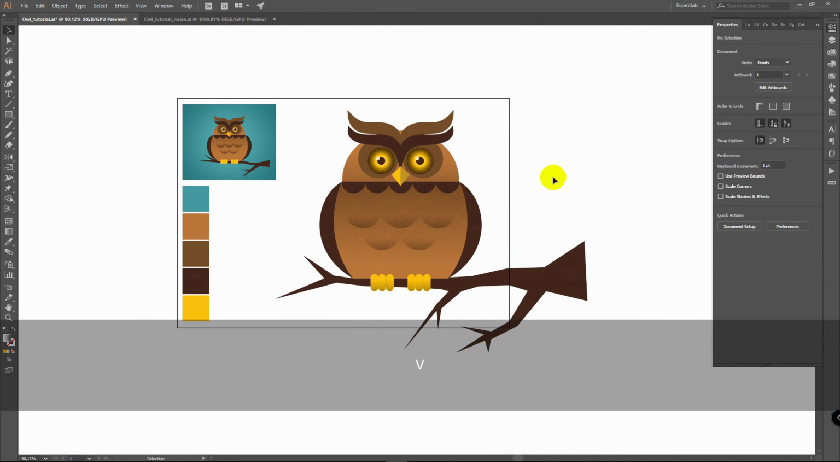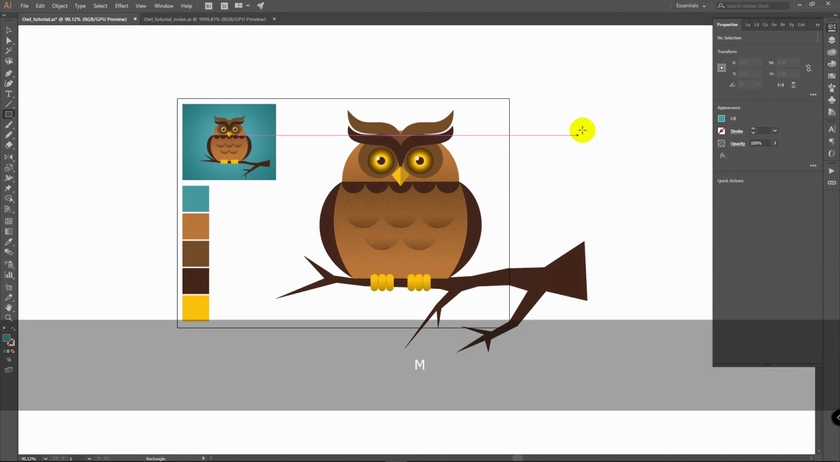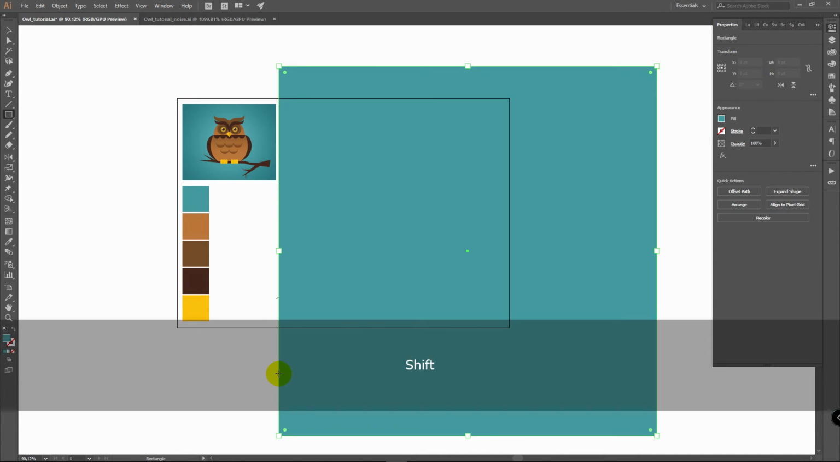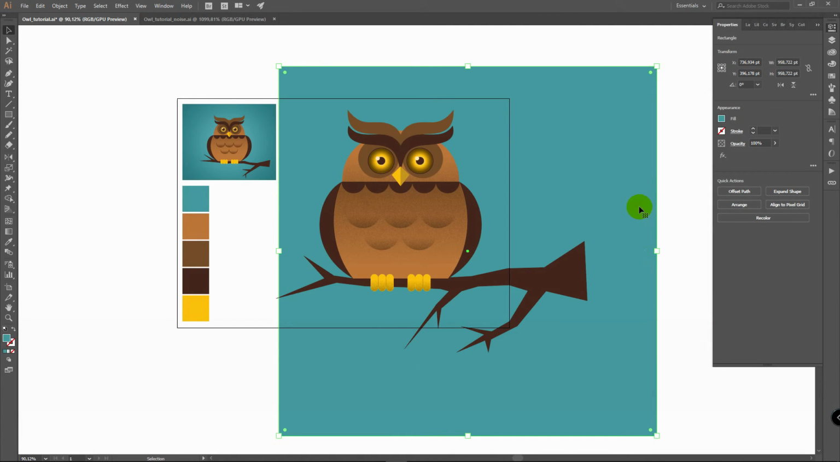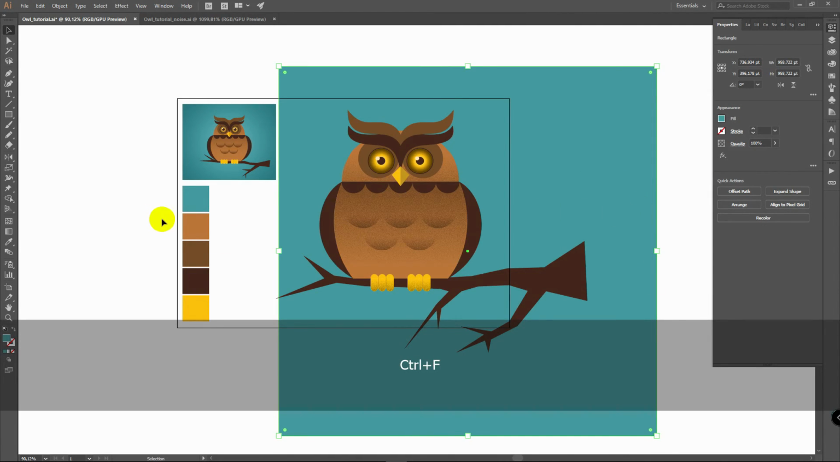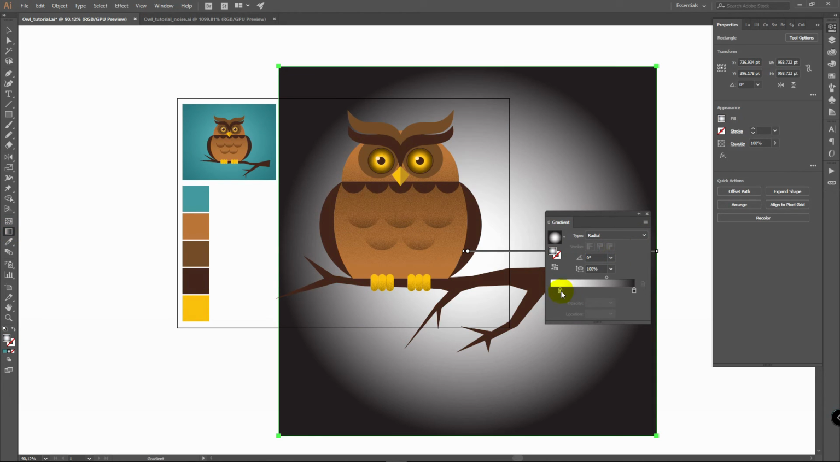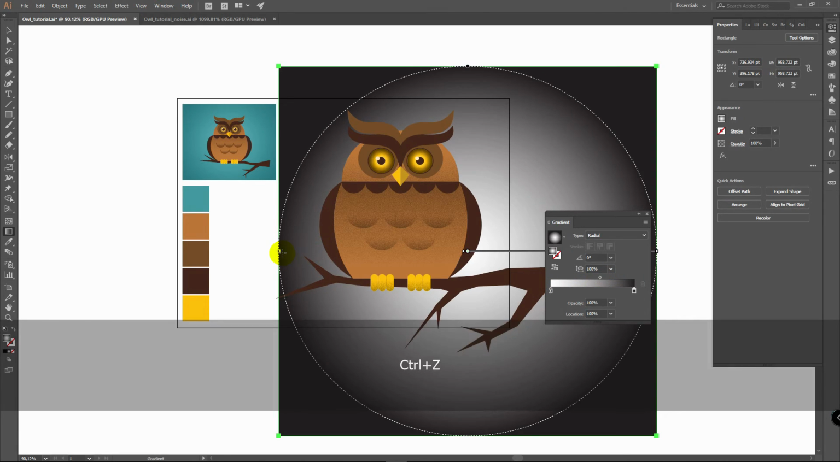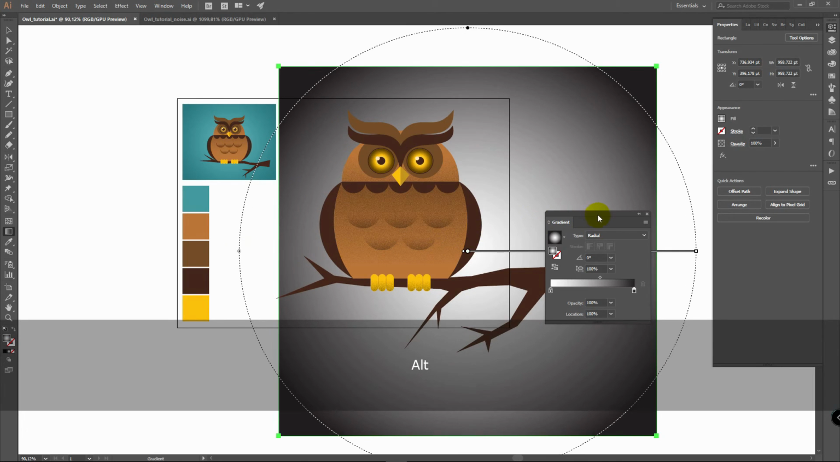So now let's build background in a few clicks. Press I for eyedropper tool, pick this color, M for rectangle tool, right click, arrange, send to back, then Ctrl C, Ctrl F, double click on gradient tool, select radial, play with markers to make soft gradient, then I will increase this ellipse, like this. Alright, press V,